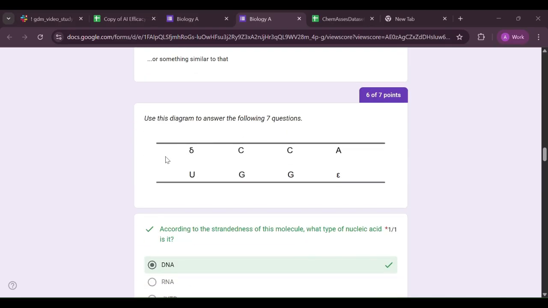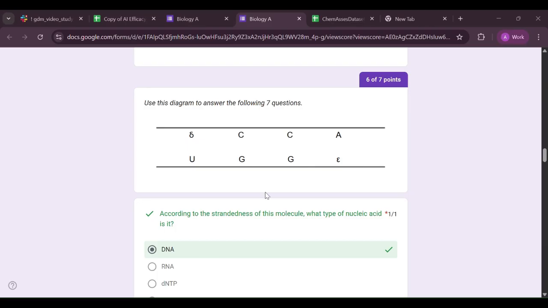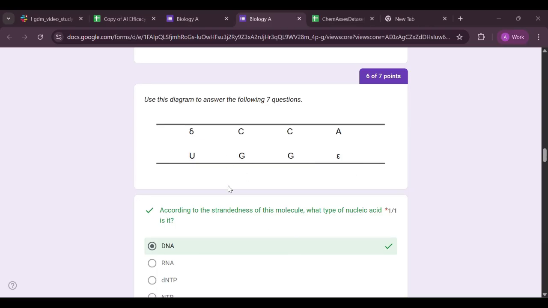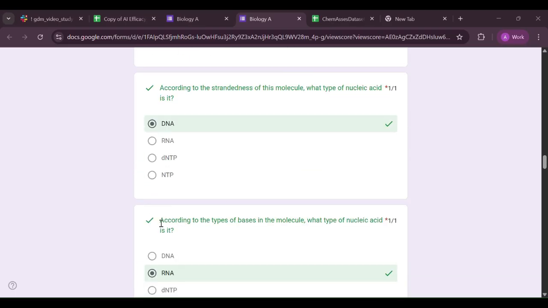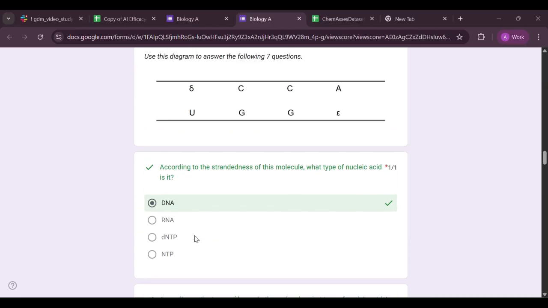Moving forward, based on this image, we can see that it is a double-stranded structure. So according to the strandedness of this molecule, the nucleic acid is DNA, so it is a DNA type nucleic acid. But due to the presence of uracil, it is an RNA type nucleic acid. So the second question is, according to the type of bases in the molecule, what type of nucleic acid is it due to the presence of uracil? It is